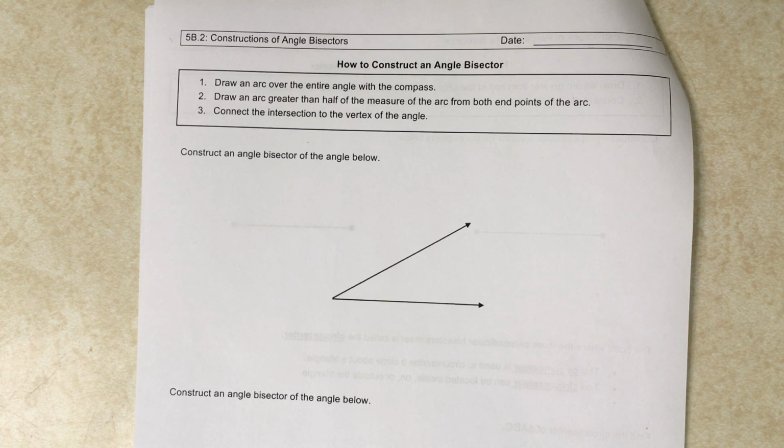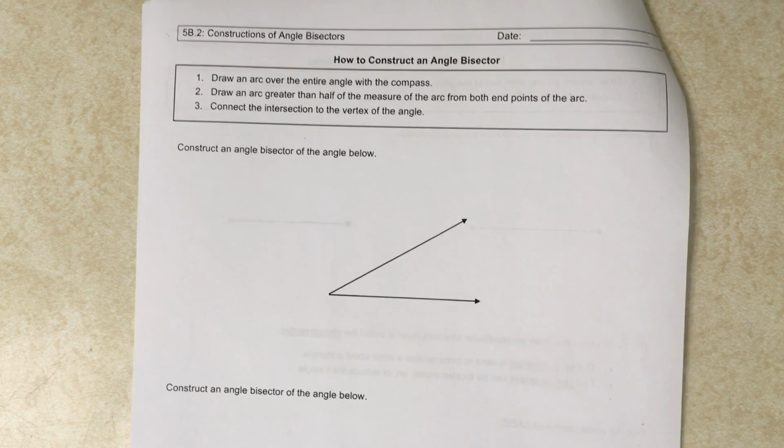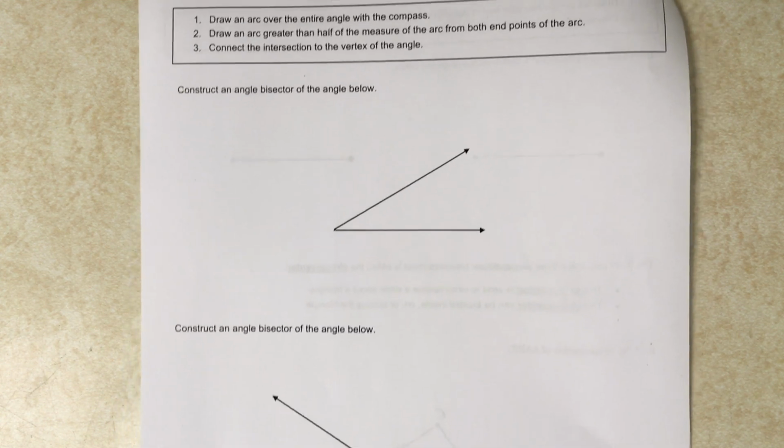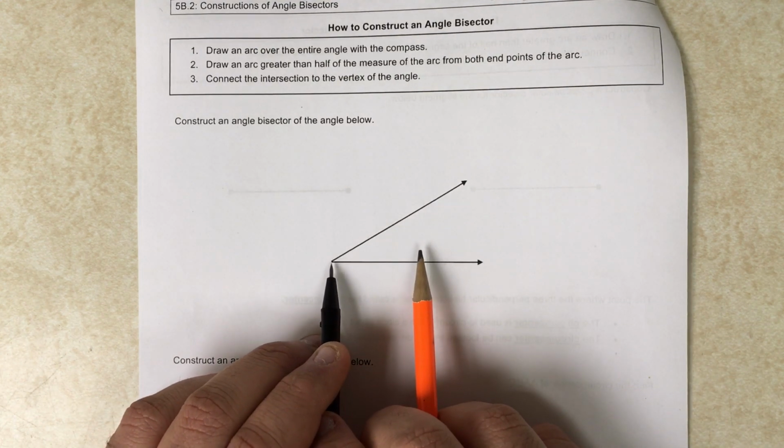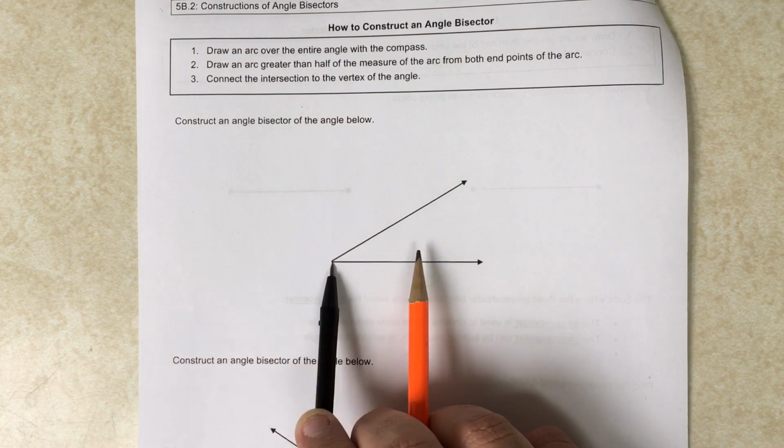So this corresponds with page 2 in the note packet, and we're going to take a look here at this top example, as the one at the bottom is also going to take the same amount of steps and the same type of work. So in order to create an angle bisector using a compass, this is what you're going to do. So you're going to take your compass, put the point of it at what we call the vertex